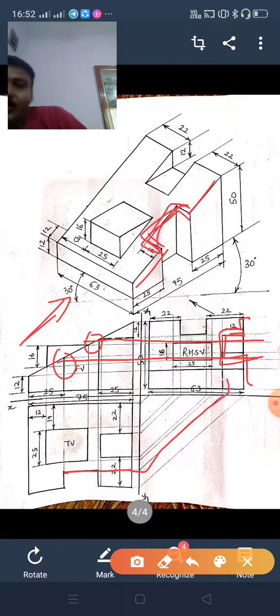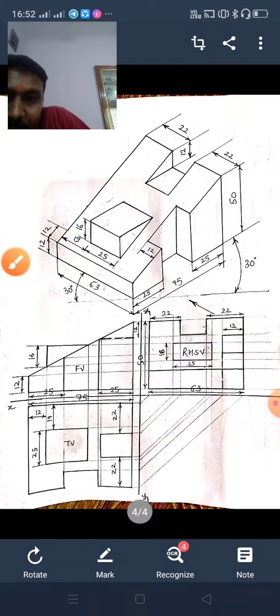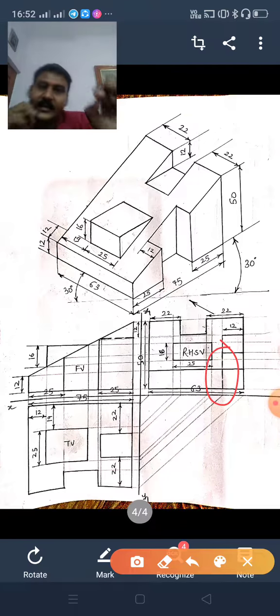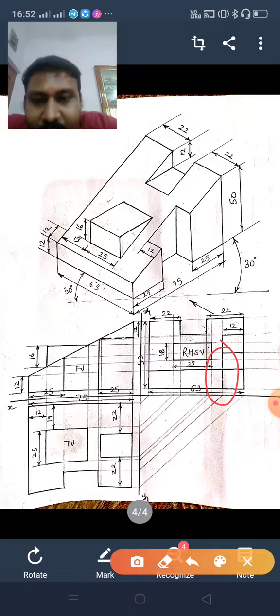Now this line is also there, this line also exists, if you are looking from the side, this line also exists, but because of this obstacle this line is not visible, but it is dotted, that's why I have drawn this line dotted, see here. Okay, this dotted line, isn't it? Now this figure is completed.